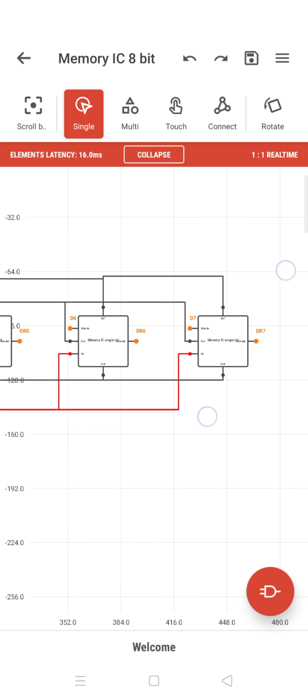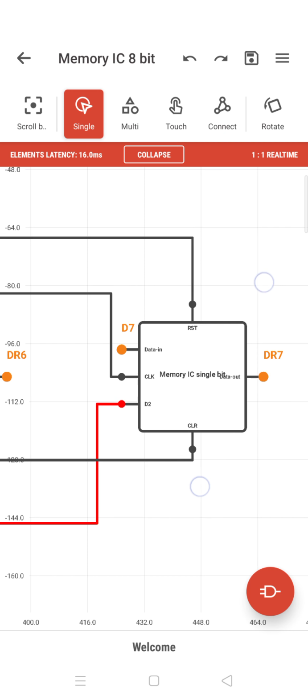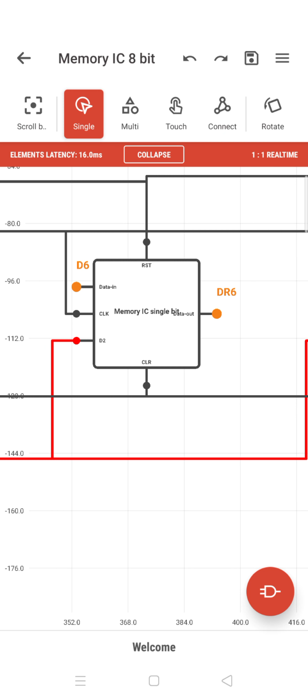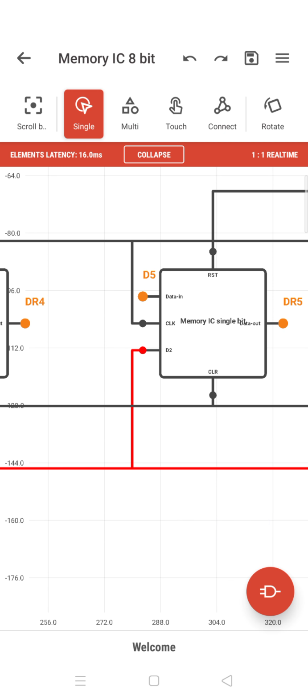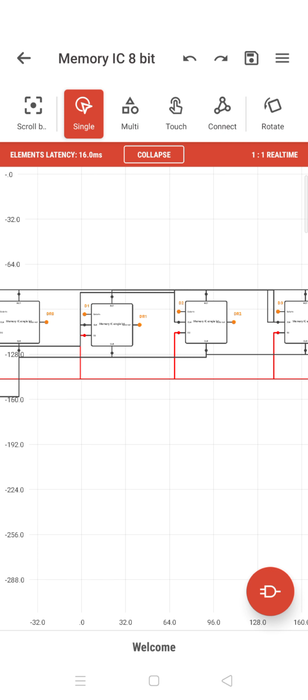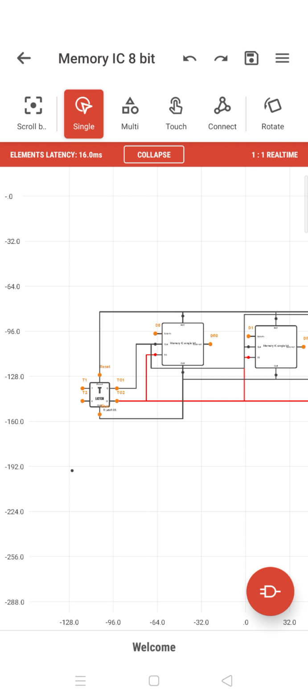If you see, one of the elements is like this, and I have copied the single bit IC: 1 element, 2 element, 3 element, 4 element, up to 8 elements. And I have arranged them sequentially, and I have included a toggle. The toggle is for setting the bits, whichever bit you want to set, for D0, D1, D2, the clocking circuitry and other things. For that I have used a toggle here.